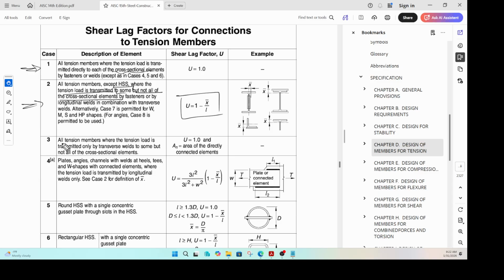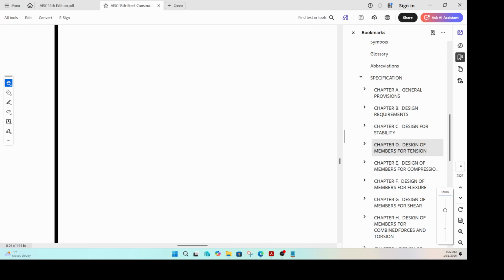If you have a tension member where tension load is transmitted by transverse welds to some but not all the cross-section elements, right? So now we are talking about welds, but then we are talking about transverse welds. So that is a scenario. I wish there were a picture here in the code, but imagine something like this. Imagine you have a gusset plate. Again, there's a tension member,